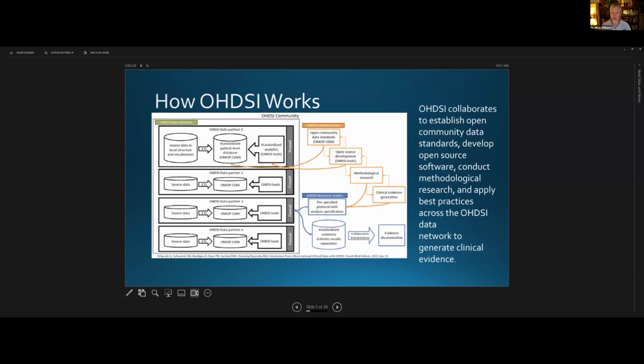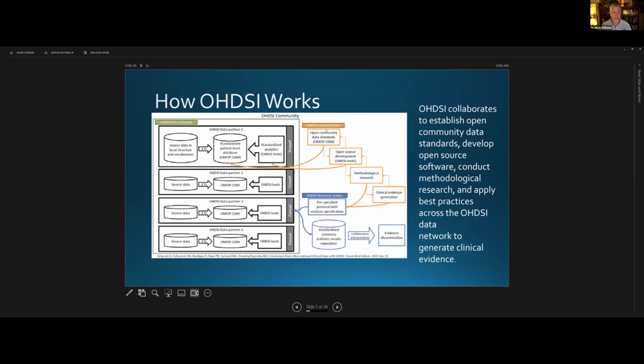Here's, in general, how the whole thing works in this federated way. The left-hand side of this figure, the gray box, shows 4 different data holders in this federated structure. So they're not sharing data with each other at all. They're taking whatever source data they have. That ETL arrow means extract, transform, and load whatever kind of source data they have from clinical settings into this common data model, where it sits in a relational structure that I'll describe. And then standard analytics are applied to that standardized data.